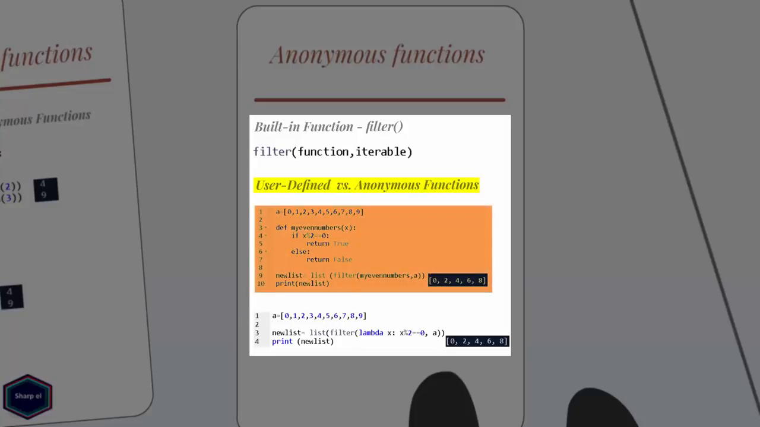Now if you look at my program, I have no other usage of my EvenNumbers function. In other words, I have created an EvenNumbers function only to pass it as an argument in the built-in function filter. Actually, it doesn't make any sense to create a function that will only be used once, especially if it's a very simple function. So instead of creating my EvenNumbers function, I can also create an anonymous function inside my filter function, which actually does the same thing, but it makes my code more compact and more readable as shown in